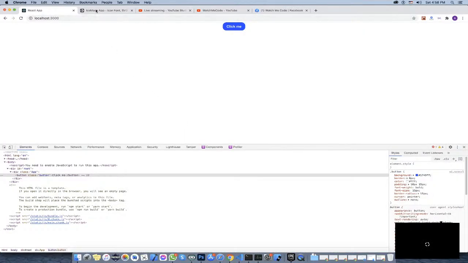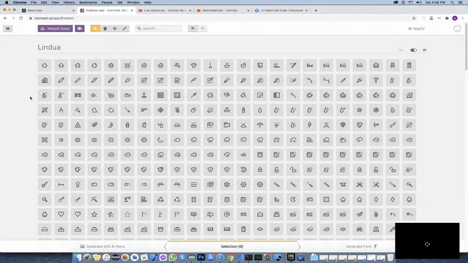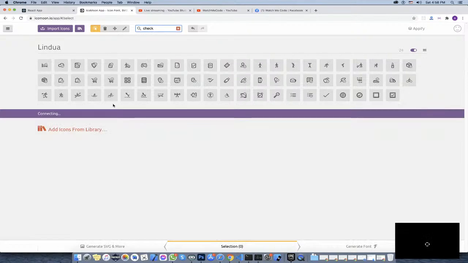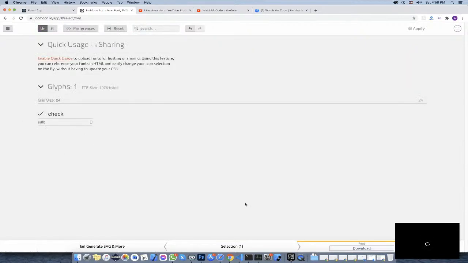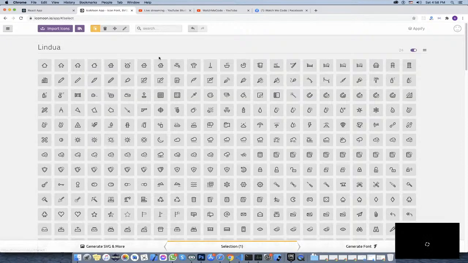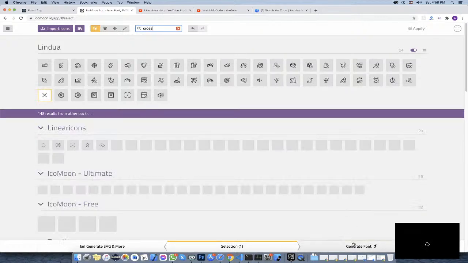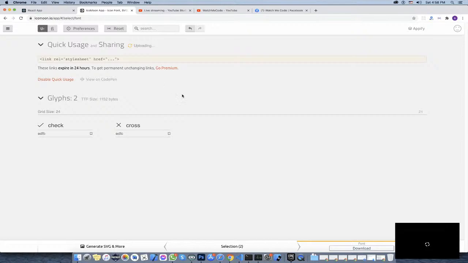Now we need to add an icon. If we can go inside the Icomoon and check for a random icon for now, let's say we will use the check. Click and click on generate font, or maybe we should add cross as well. Click generate, click enable usage,